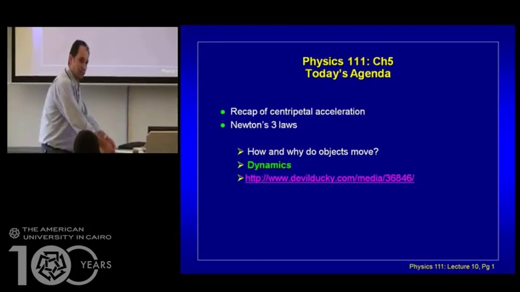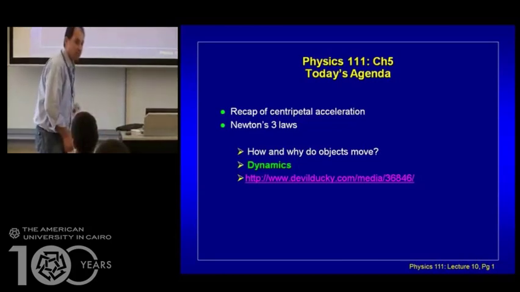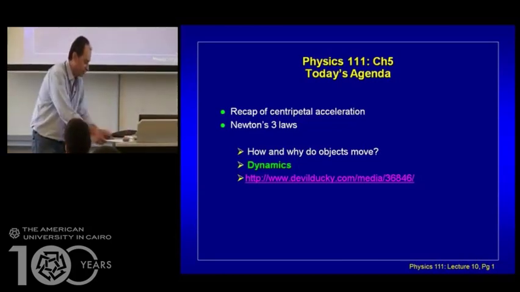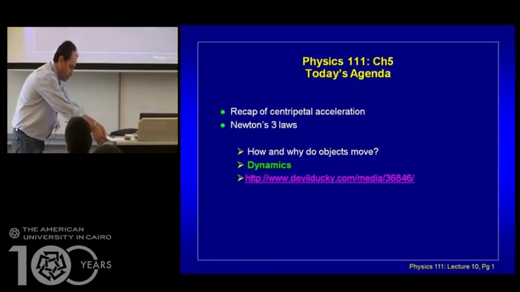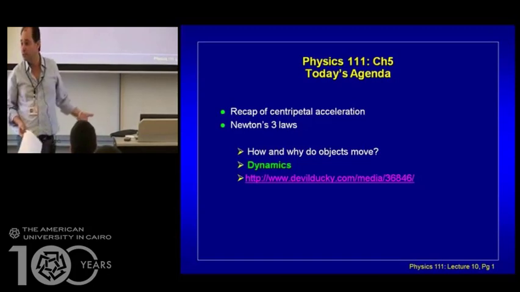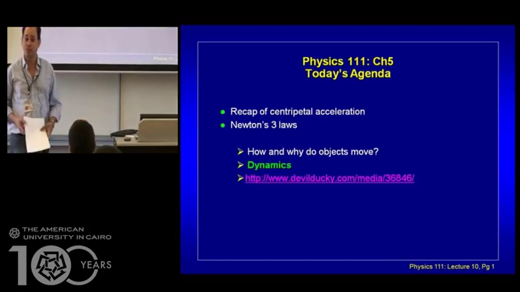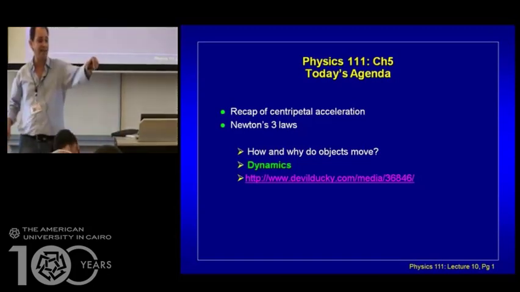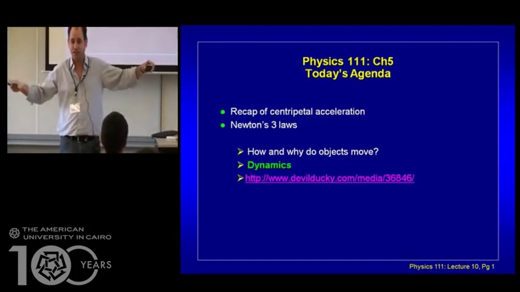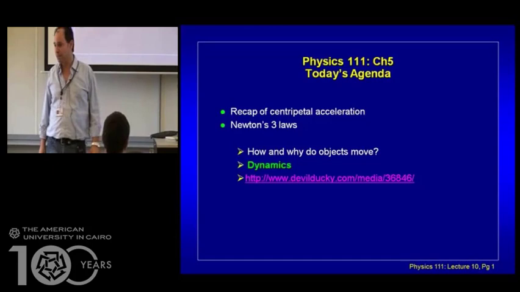Okay? So friction made it move a little bit. But if I do it a little bit faster, it stayed at its own place. It did not move. And this is Newton's first law. Everything tends to stay at rest unless something acts on it. And that's Newton's first law.